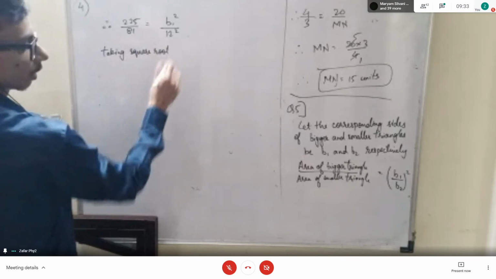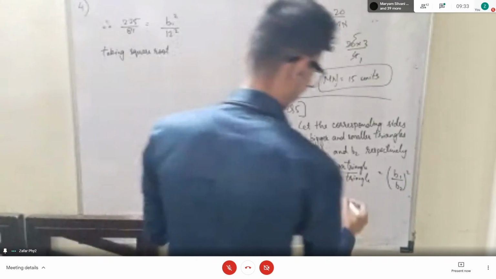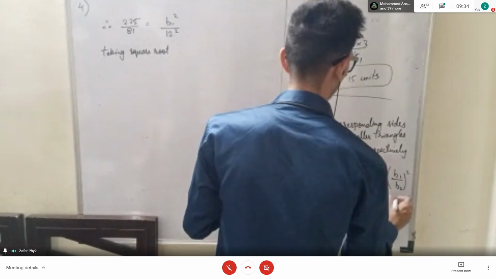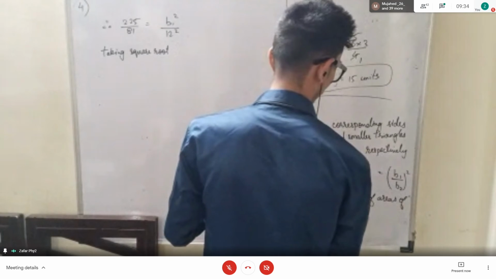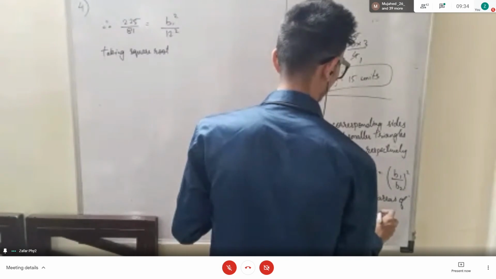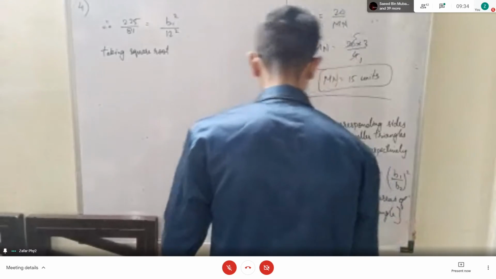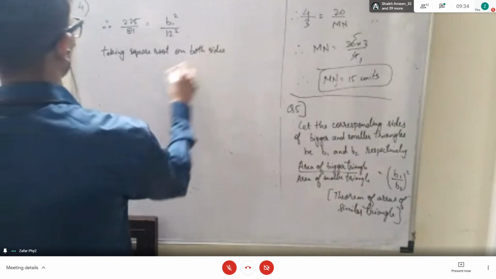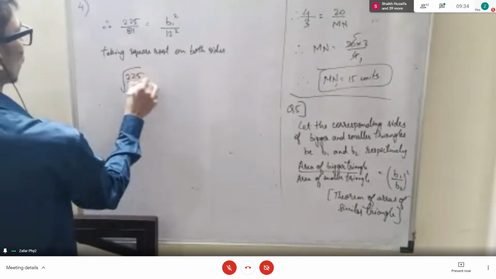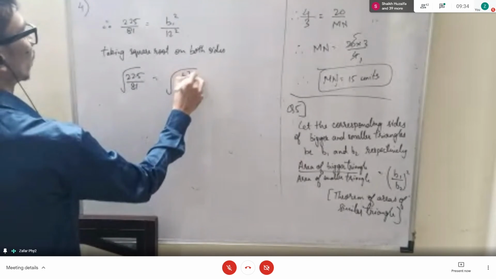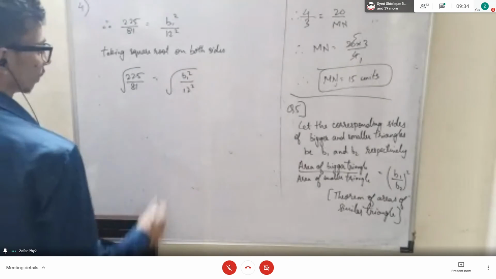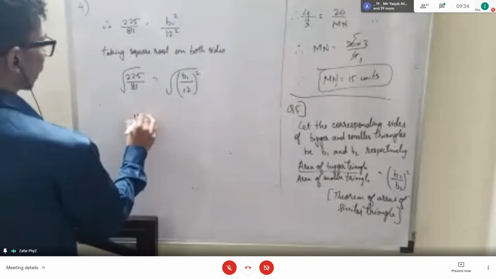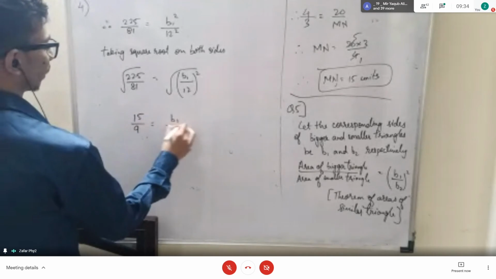स्क्वायर रूट ऑन बोथ साइड. अच्छा, रीजन यहाँ रीजन, थ्योरम ऑफ एरियाज ऑफ सिमिलर ट्रायंगल. ओके, हाँ, टेकिंग स्क्वायर रूट ऑन बोथ साइड्स. हाँ, रूट 225 बाय 81, b1 स्क्वायर बाय 12 स्क्वायर. ओके, 15 by 9 is equal to b1 by